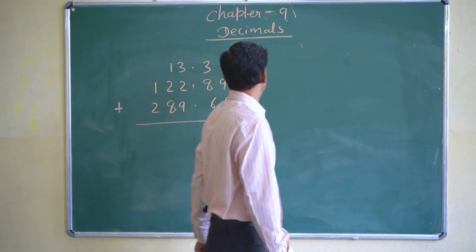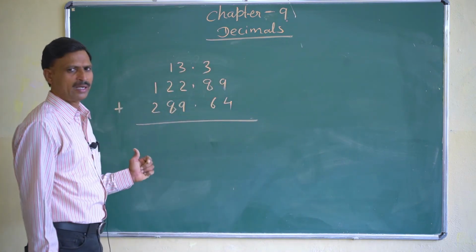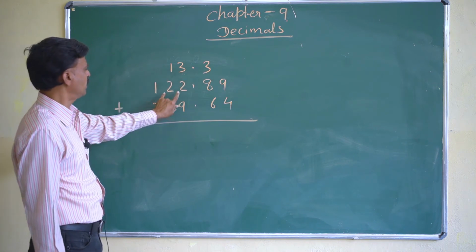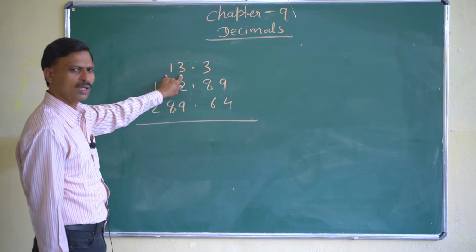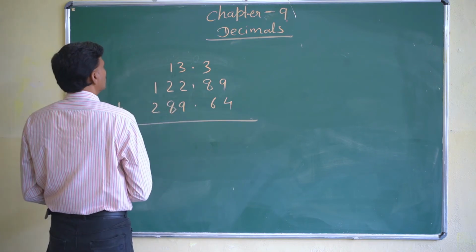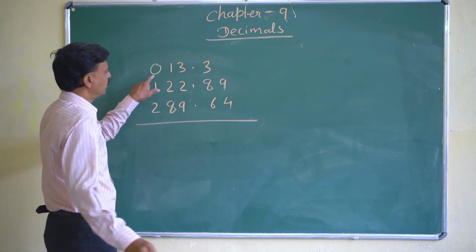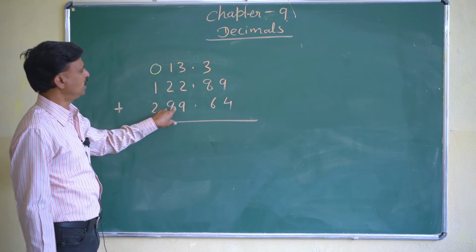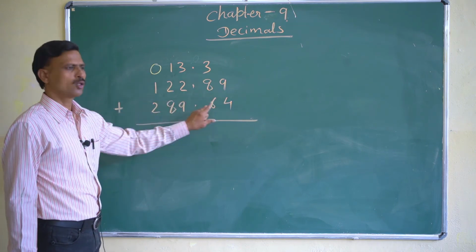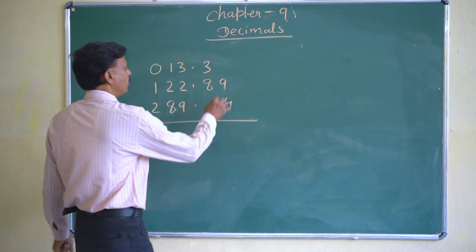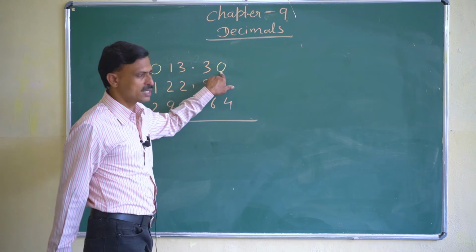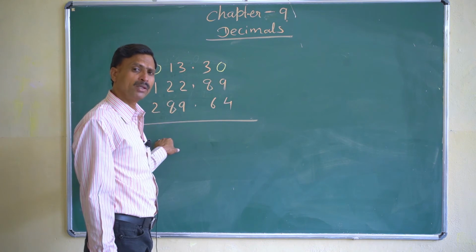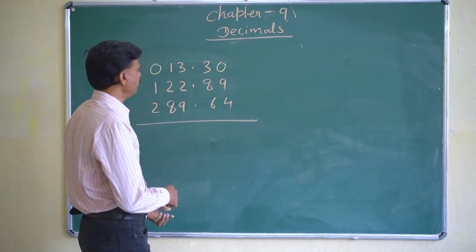What will we do? As I told you, first we'll convert into like decimals. Before the decimal, the whole number part, in all of these has 3 digits, so this one will also be converted to 3 digits. So we'll put a 0 here. I'm putting it with different colors. You understand? Okay, we have converted to like decimal. After decimal, it is 2 digits, and this is also 2 digits, so in the first one also we put a 0. I'm putting it with yellow color so you understand why we put it: because we are converting into like decimals. Okay, now we'll add.